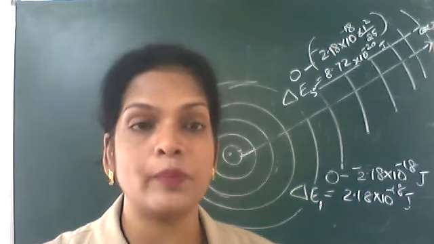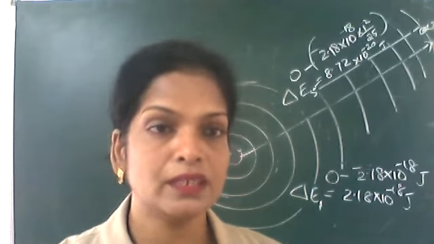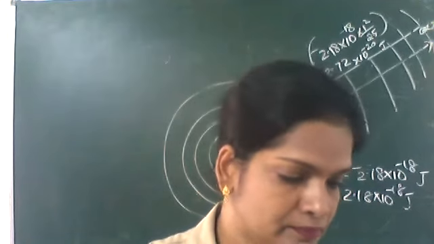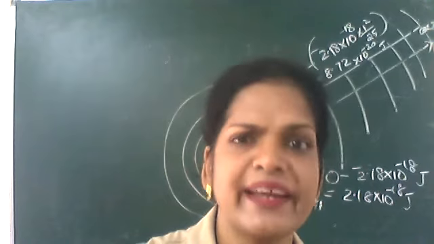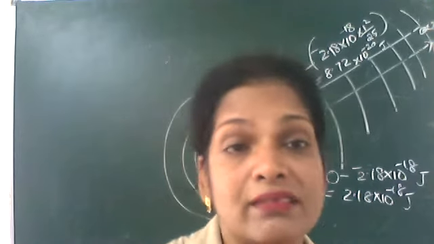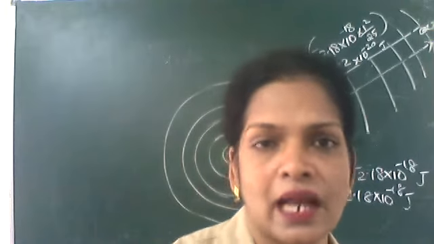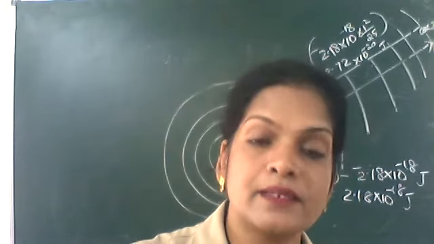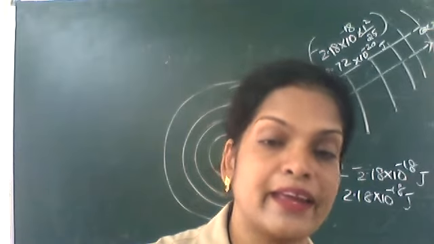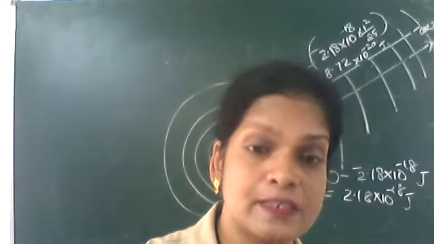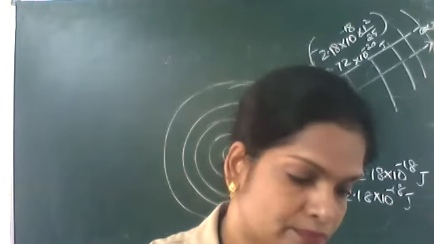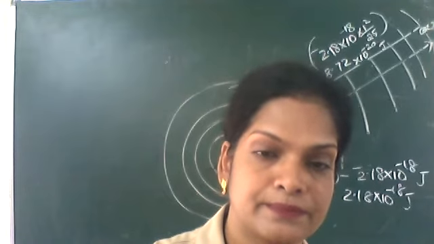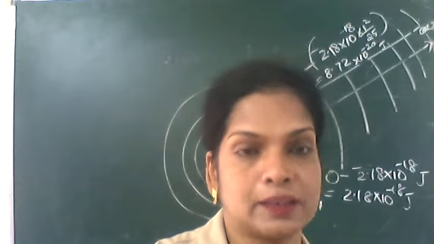each line is a combination of different lines. Very fine lines, thin lines. One thick line is made up of very thin lines. Each line is a combination of different lines. This is called fine spectrum, F-I-N-E. This is called fine spectrum. Full stop. He was unable to explain fine spectrum.